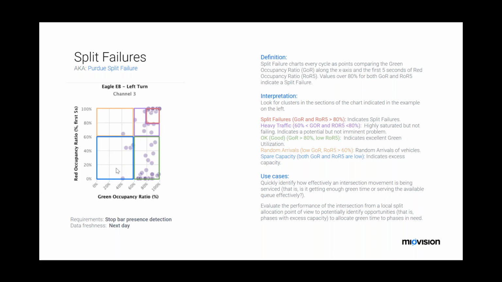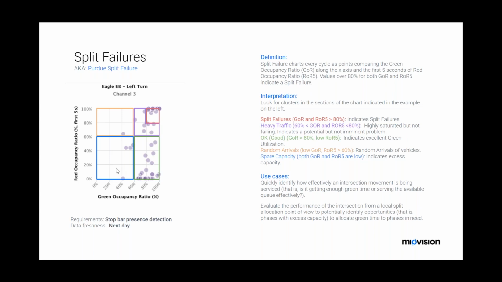The green occupancy percentage of utilization, so the amount of time that the zone was occupied during the green phase, is less than 60% of the time, and the percentage of vehicles being left over when the light turns red is below 60% as well. That means there is a fairly low utilization of this particular zone during this phase, and you generally have spare capacity, and that's what blue means.